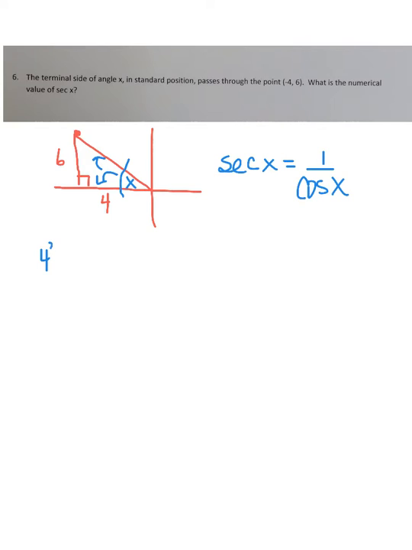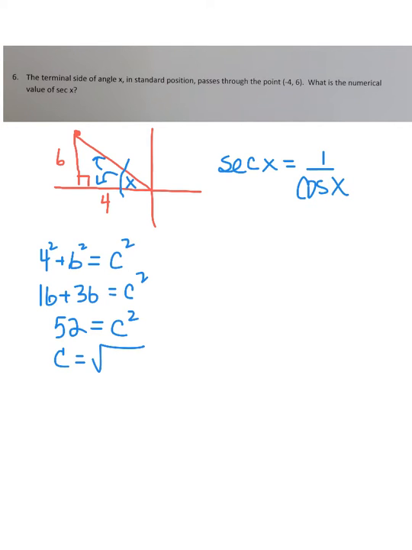So I'm going to do the Pythagorean theorem. So 4 squared plus 6 squared equals c squared. So that's 16 plus 36 equals c squared. So that's 52 equals c squared. So c equals the square root of 52. Now I'm going to break that down, and that breaks down to 4 and 13. So c is 2 radical 13. Okay. So now,